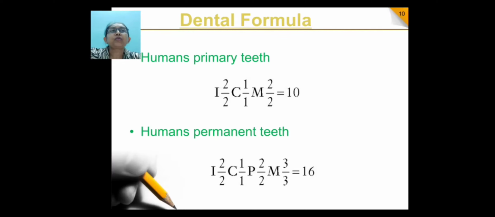So for the total number of teeth present in primary dentition, you have to double this, which becomes 20. Similarly, we have permanent teeth where we have 2 premolars and 3 molars. The total number of teeth on one side is 16, whereas if you count the total number in the permanent dentition, it becomes 32, because you are doubling it, 16 into 2. So that is the dental formula.